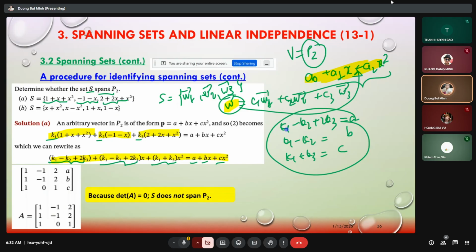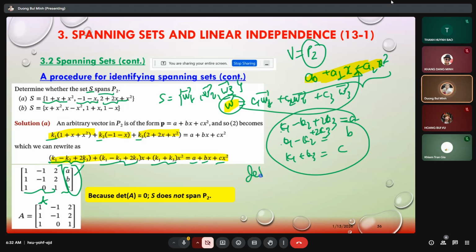The augmented matrix is 1, minus 1, 2, A, where this is the constant terms. Then 1, minus 1, 0, B, and 1, 0, 1, C. This is the coefficient matrix, and this one is the augmented matrix. If I say the coefficient matrix is A,